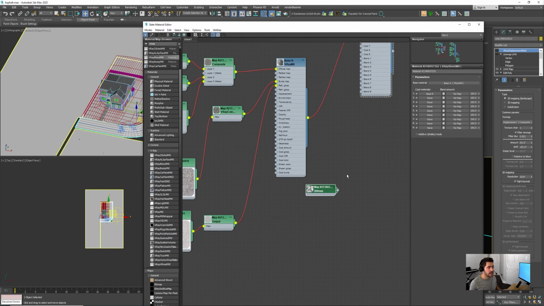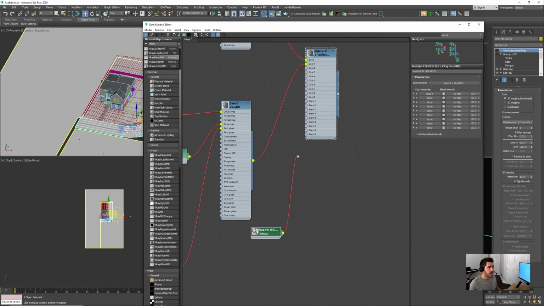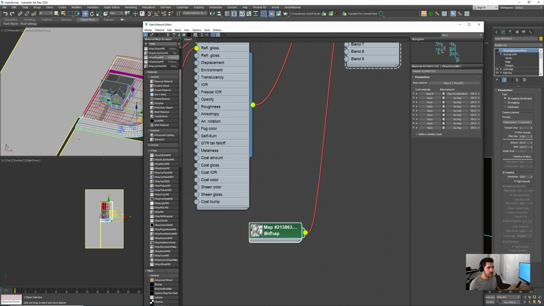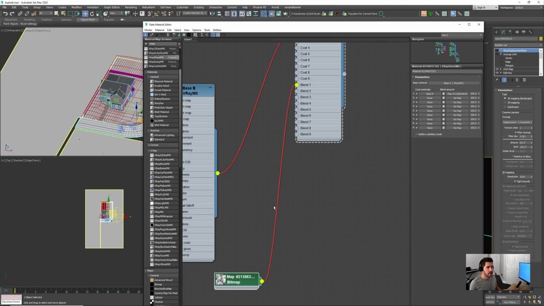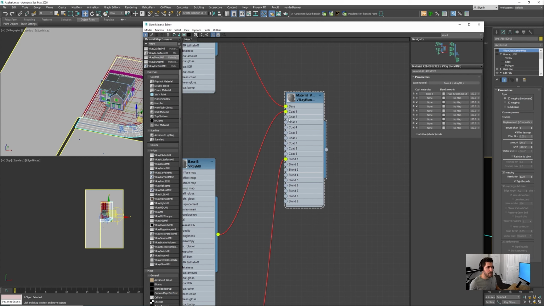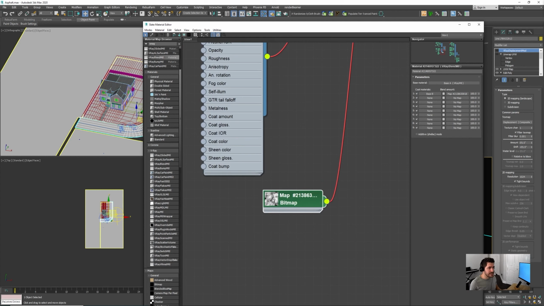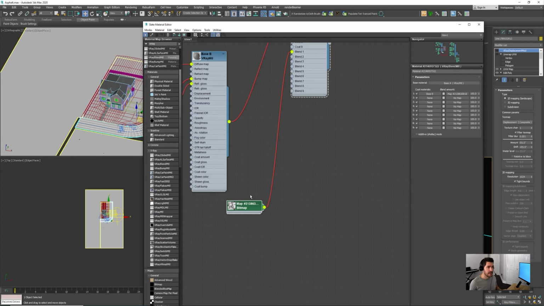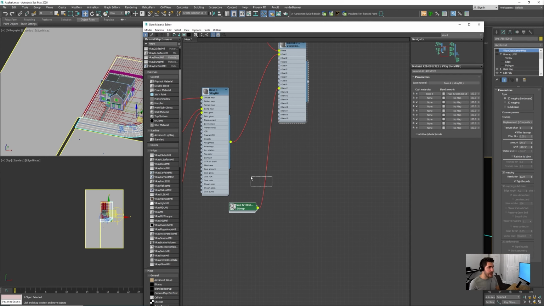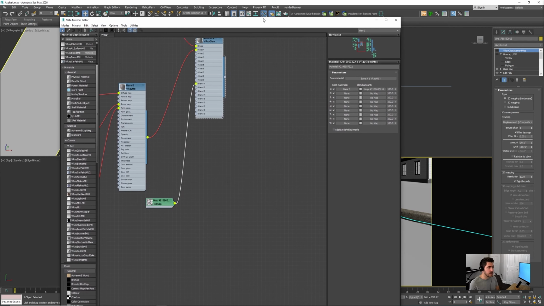And let's set this as the blend. So what this grunge map is going to do is tell this V-Ray blend map how to combine these two materials. Wherever there's white, we'll have material B, and wherever there's black, we'll have material A, base A. So now I've already mapped this road, but if you want to see how this would look,